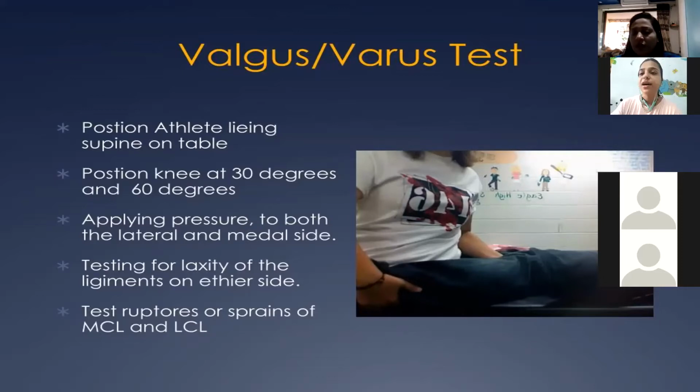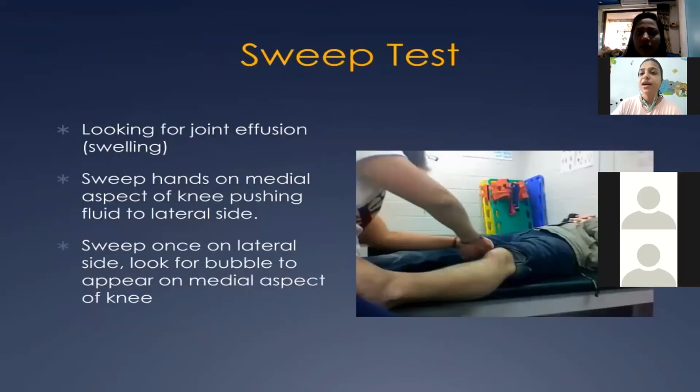When we are doing the passive abduction, the patient complains of excess pain and we see gapping of the knee joint. Another is the Swift test. The Swift test is also known as the hydrops test, the knee effusion test, or the patellar Swift test. In this, we have to check for joint effusion around the knee area.